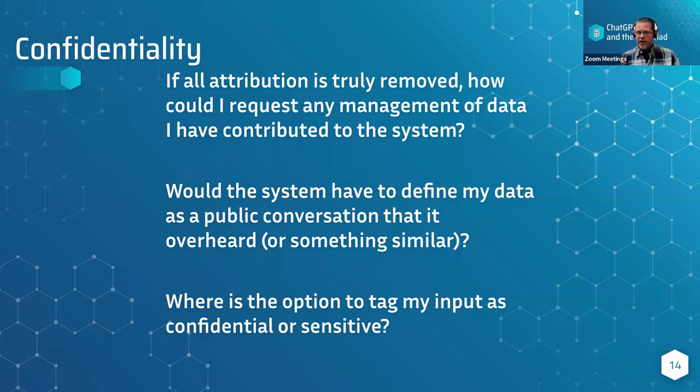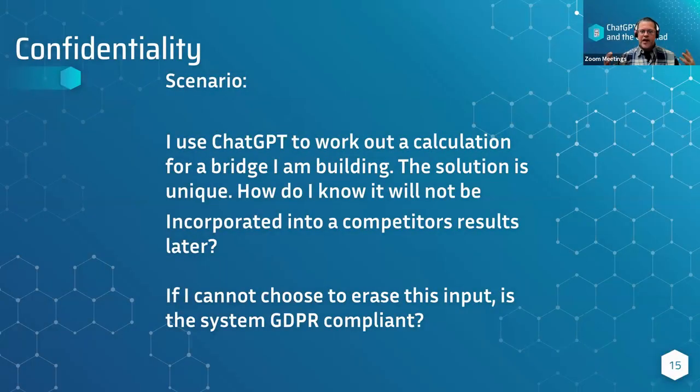That it's like a public square and it just absorbed it. And I openly knew it was a public square. I was told you have no expectation of privacy here. Where's the option to tag my input as confidential or sensitive? Why can't I chat? And then if I want to work on something and get something private, why can't I flag that so it goes into a different container so that later I could remove it? So it's kind of less management. I have to choose what gets removed before I put it in. I have to flag it. So I just think about those questions.